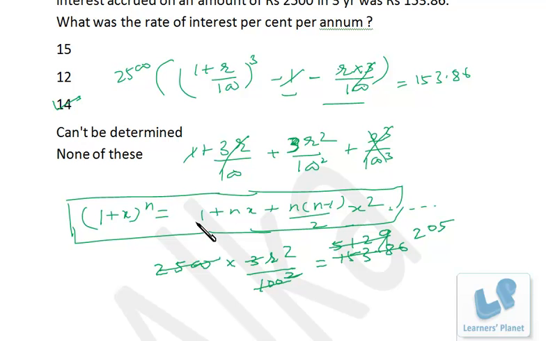If you don't apply this technique or this rule over here, you'll be spending a lot of time on solving this problem, right? So once you are clear with that, you don't have to write this expression. Directly from here you can proceed. Getting my point? Directly from here you can proceed because in your mind, you know that you'll be left with just 3r square by 100 square into 2500, right? So this expression is not needed. This I have explained to you.